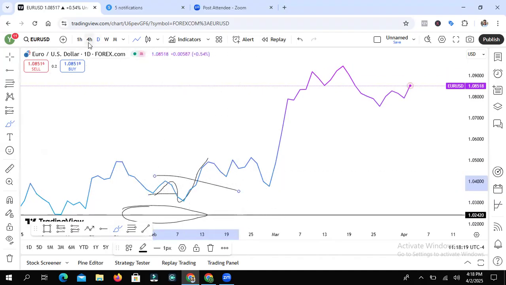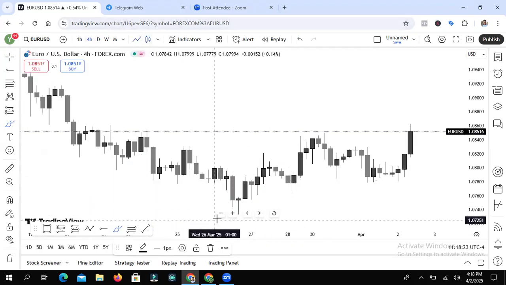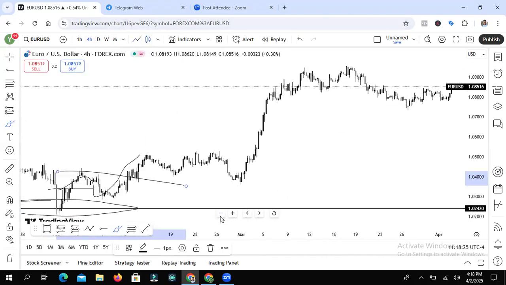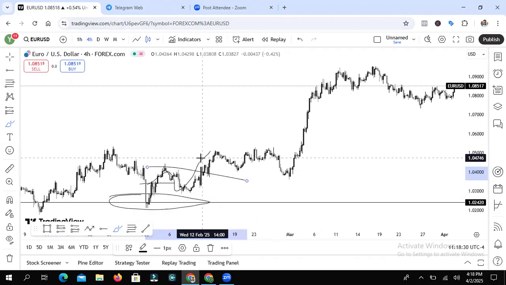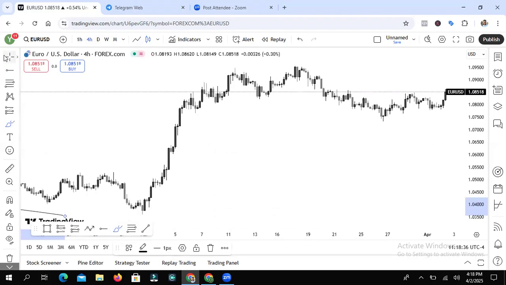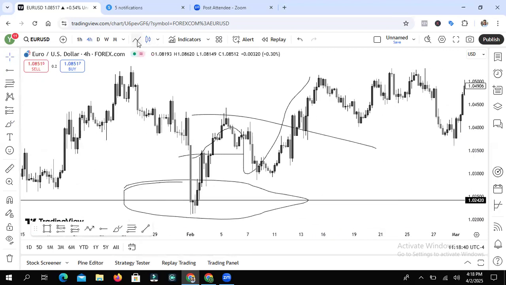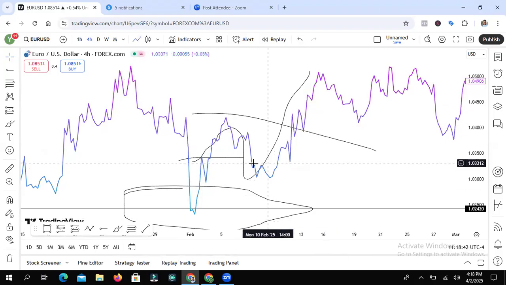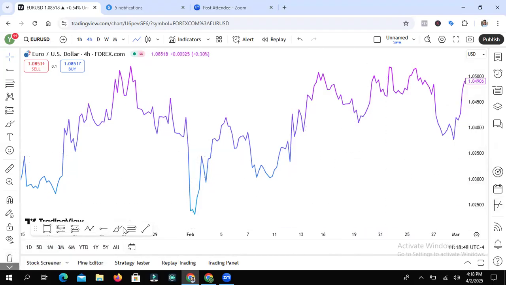Then the next thing is you want to come to a 4-hour time frame. So where is it? Okay. A liquidity sweep and a break on the daily will give you a breakout on the 4-hour. So look at the breakout, your most recent breakout. Look at the breakout here. Let me delete everything and show you the breakout where you could have gotten an entry.